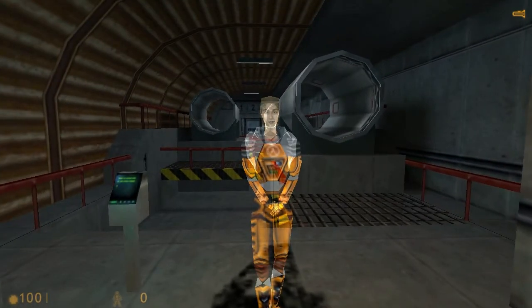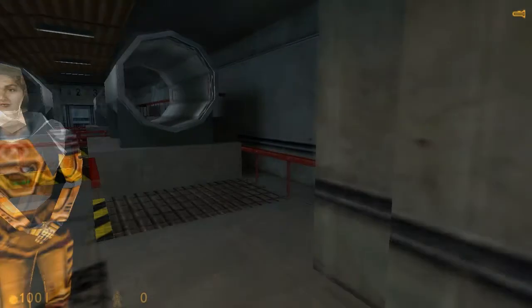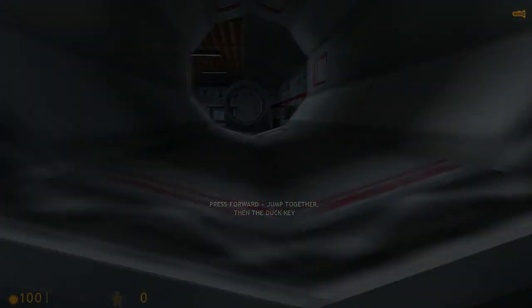To get into these pipes, you will have to signal your suit to make a duck jump. You'll want to stand right at the mouth of the pipe and continue to press forward. Then jump up, and while you're in midair,